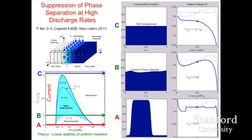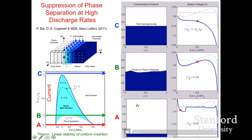This is voltage versus composition on the left. So you can see how the microscopic details of phase separation connect to the voltage. First I'll show you what happens at a low rate. At a low rate, the voltage actually overshoots the plateau. And how far it overshoots...